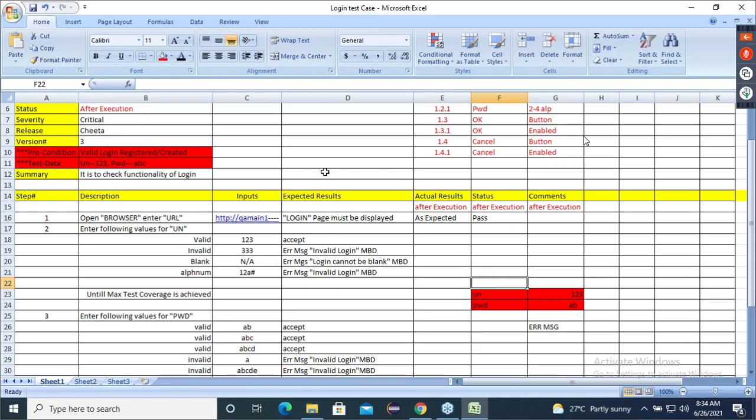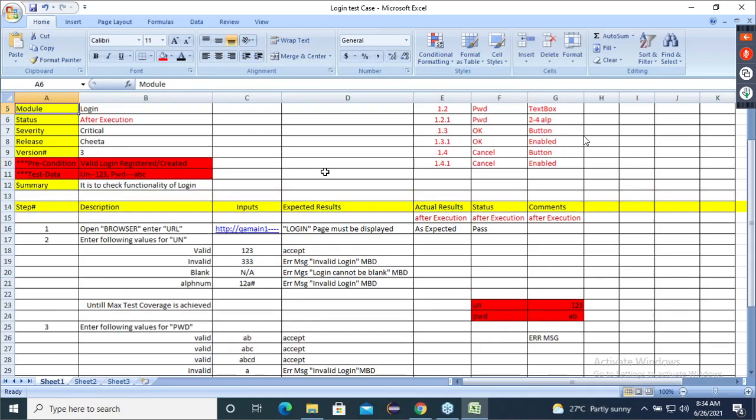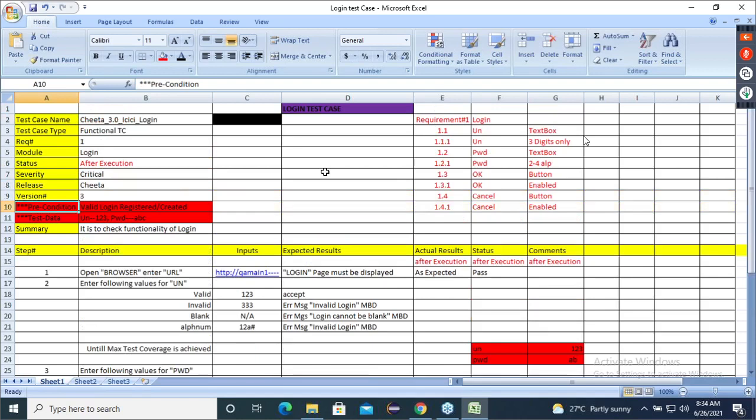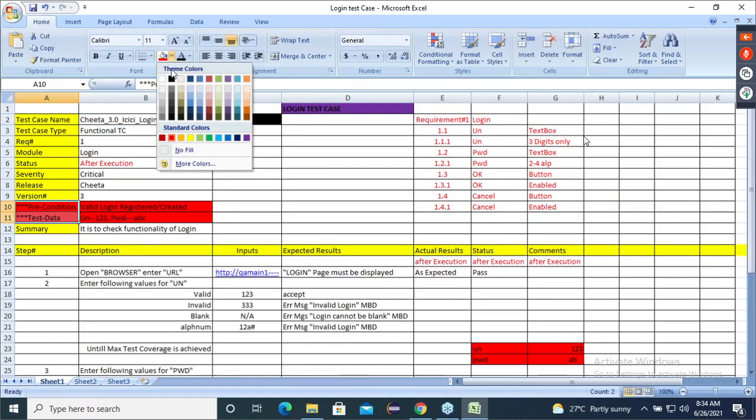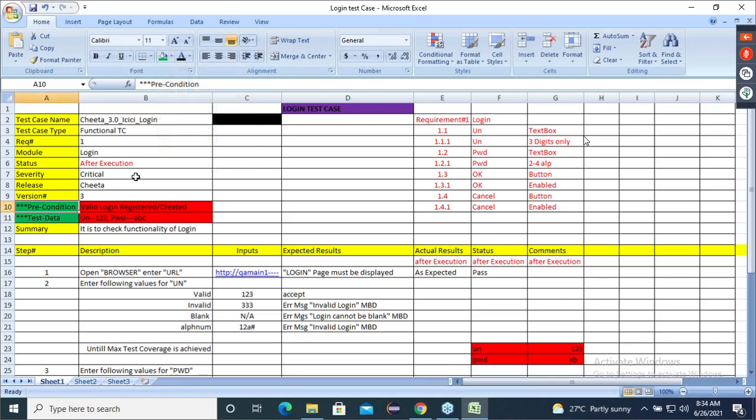Now observe. Let's assume that they have introduced two attributes called precondition and test data. Just assume now. Till now I said assume this is not there. Precondition means what, you know, boss? What are the conditions before you start executing the test case? Executing the test case is nothing but executing the body portion.